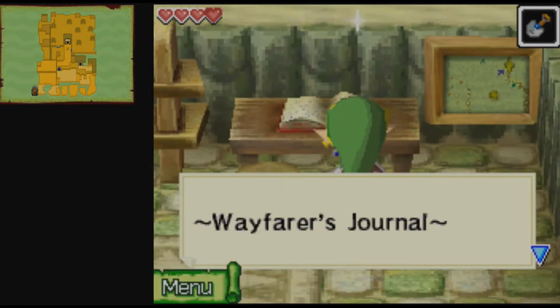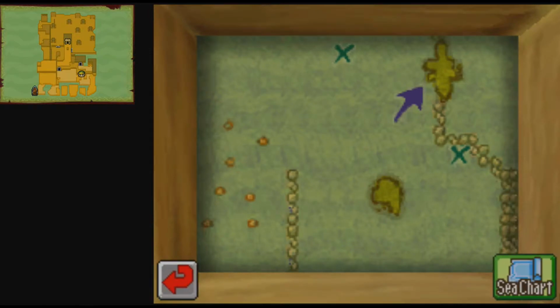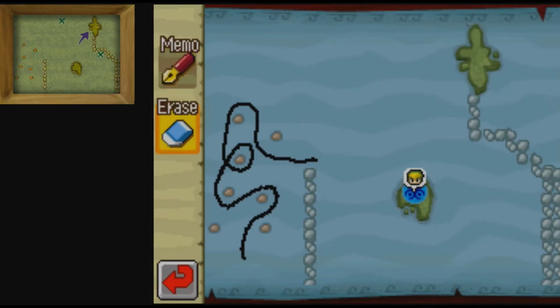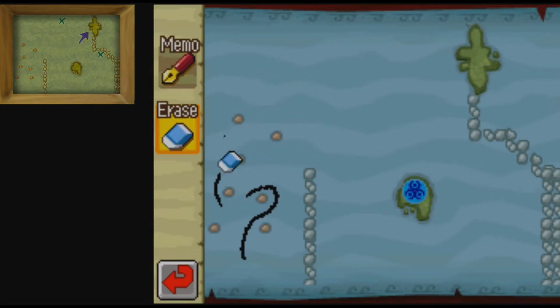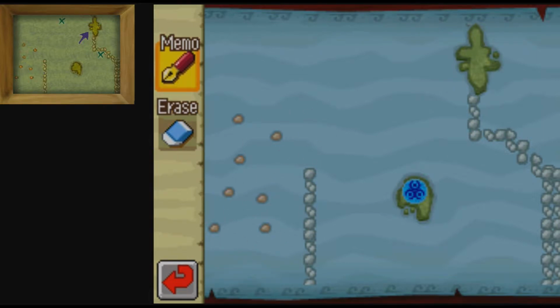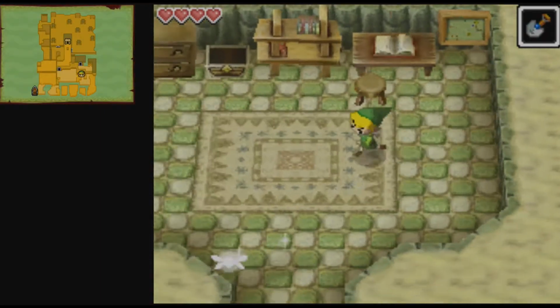Let's see what this has to say. Wayfarer's Journal. This is the guy from Molida Island, basically. He ended up coming here, and I guess he died or something. Let's actually take our sea chart, and I will take this opportunity to erase this, because we don't need it anymore. And if we do, then I'll just have to memorize it or something. Tough luck. So we're going to put an X over here. And an X, oh god, that's kind of difficult to see where that is. I don't really have as much of a reference point. Let's say that that's around here, shall we? I mean, that's a big X, but I would say that that's close enough. I don't know if those are treasure locations or what, but I guess...